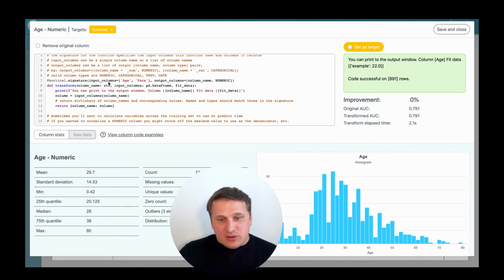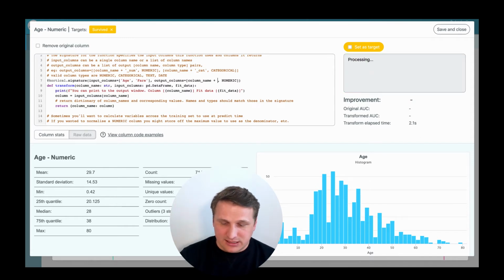So we've talked about how we can input multiple variables into this signature. The same goes for outputs, but for output columns, this is already a list. So we have a list here, with column name and numerics. That says, replace the current column with the new column of the same name. But if we give this a slight change, so we said,